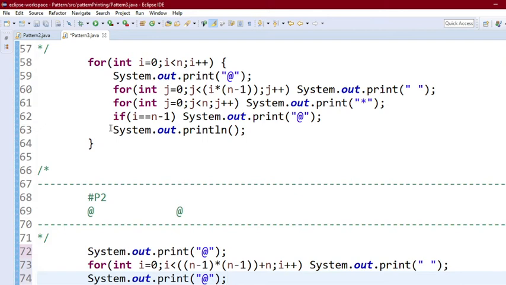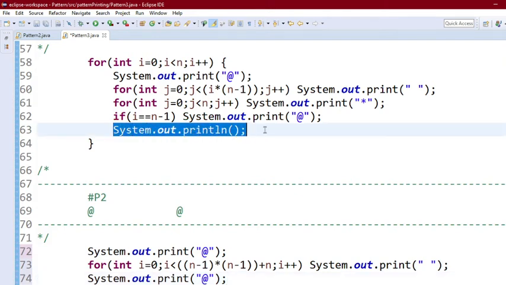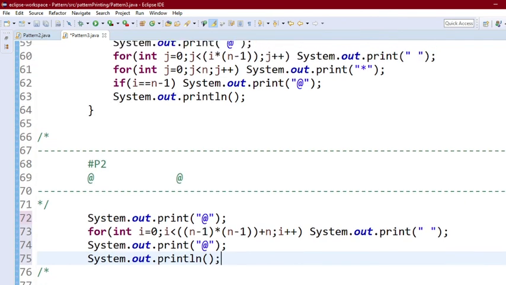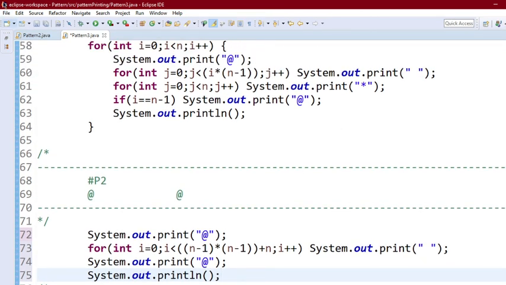Okay, and after printing this row we have to again change the line. So just change the line. Okay, now we are done with our two topmost parts, that is part 1 and part 2, the upper part and the lower part. Let's run the program and check.